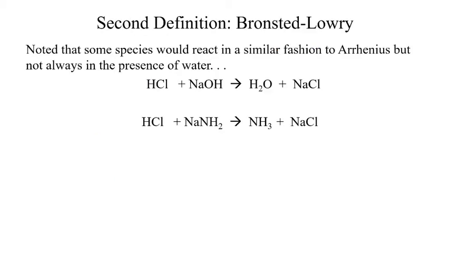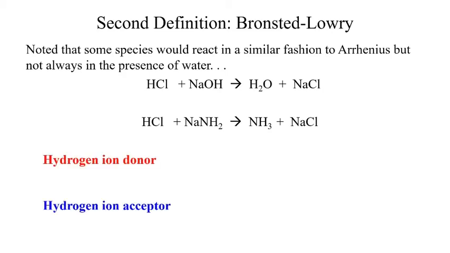The second definition to come along was Bronsted-Lowry. Why create a new definition? Well, we noted that there were certain circumstances where we didn't see the presence of hydroxide, but they were still neutralizing our acids. So we're still getting this neutralization happening, but we aren't seeing it through the process of water, which means we need to tweak our definition to expand the reactive labeling to a larger system or a larger environment. And that's where we get our Bronsted-Lowry definition. The Bronsted-Lowry definition decided to still keep the hydrogen ion donor aspect. So our acids are still going to supply H+.